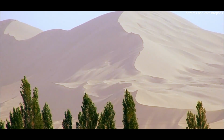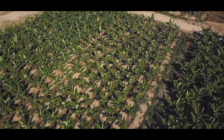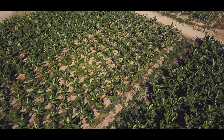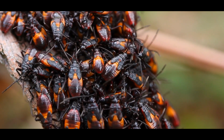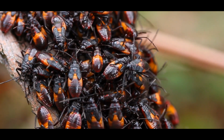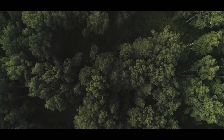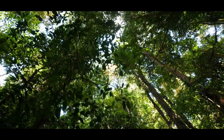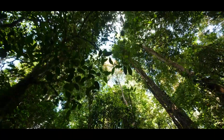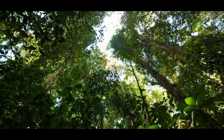Another issue is the practice of planting mostly single-species forests, known as monocultures. While monocultures can be simpler to manage, they're also riskier. A single pest or disease can spread quickly if all the trees are the same type. In a more diverse forest, there are natural checks and balances, making it harder for any one threat to wipe everything out. Critics argue that without multiple kinds of plants, wildlife, and insects, these man-made forests could struggle to stay